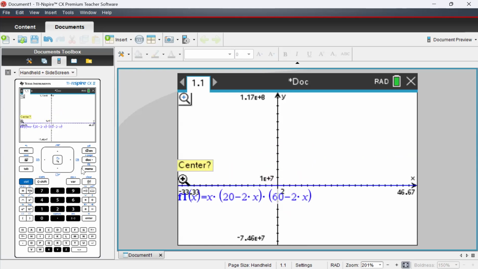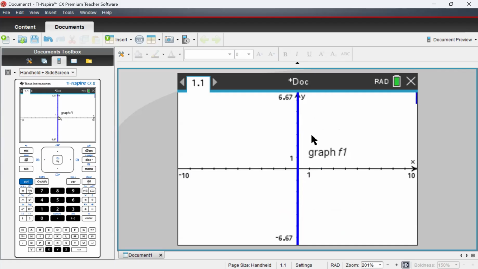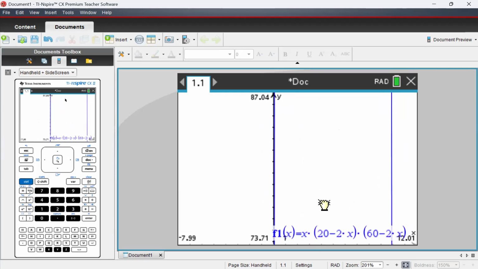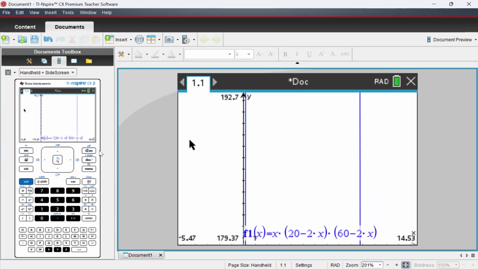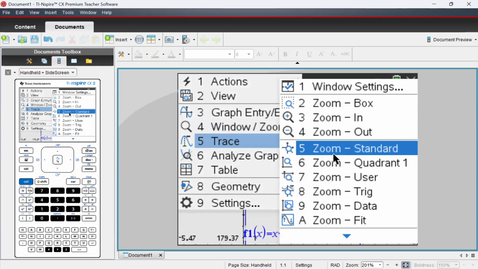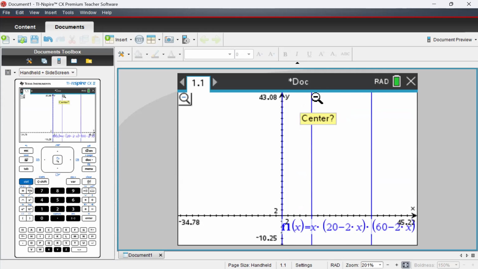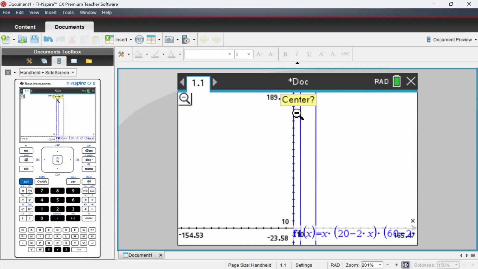And it's not going to let me see it. But I'll definitely do that trace back on. And so I can see that there is a maximum. Maybe if I go back to standard, because now I'm really intrigued. See, I felt like there was one. See, now I'm just going too much. So zoom, standard, zoom out. It definitely happens somewhere right there. So when I do menu 5 1,